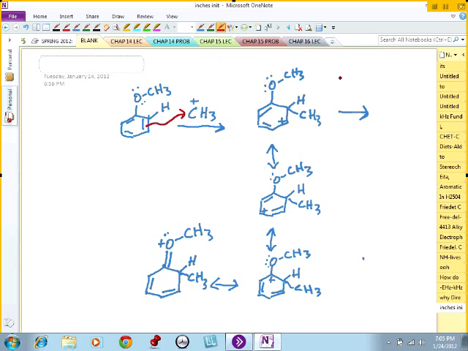If we have some kind of base, okay, it comes in here, picks up this proton, and then that proton releases the 2 electrons to regenerate this here, and form your